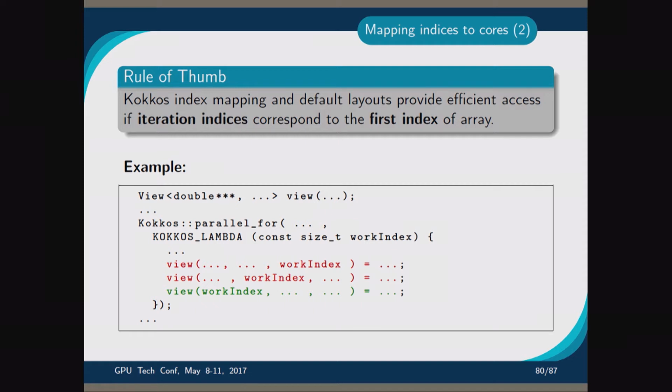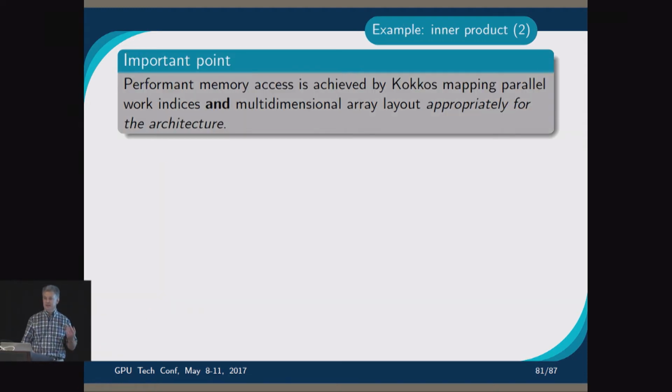So as a rule of thumb, since our data structures are multidimensional arrays for our computations, what we assume is that the first index of your multidimensional array is the parallel work index. When you decide what your dimensions are, the assumption we make, to make things simple, since we default lots of stuff, is that in a multidimensional array, the first index is the parallel work index. So now we can